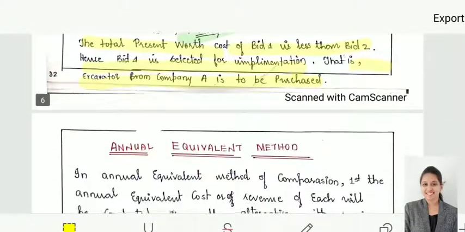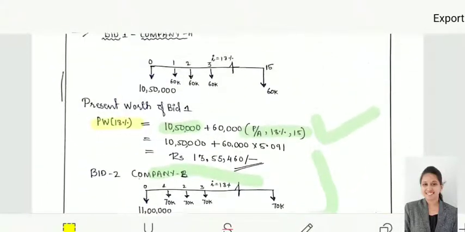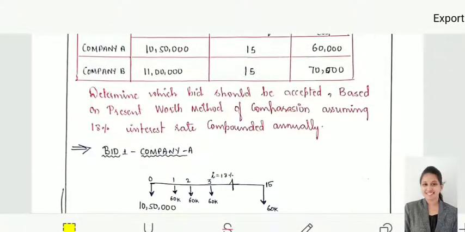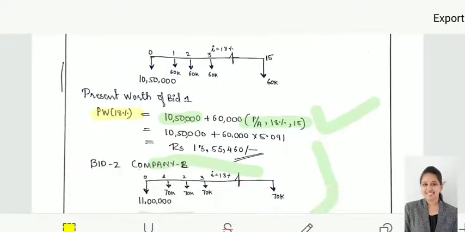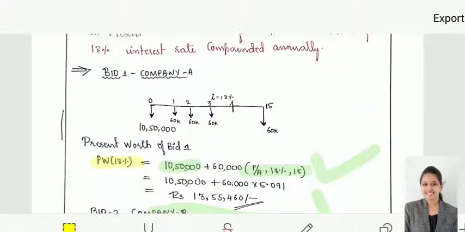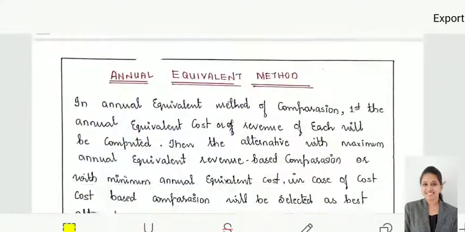In the previous problem also you can see here for both the things I am considering a positive cost, because 10,50,000 here is an investment, whereas 60,000 is also an investment. So both are negative, and I am considering them in terms of positive itself, or it could be in negative value, that's all. I can consider this as minus 10,50,000 minus 60,000, that is also okay. Because both are negative, I am considering them as positive.